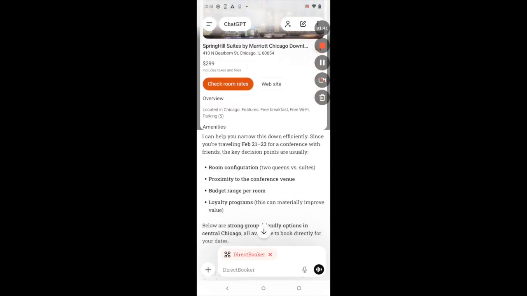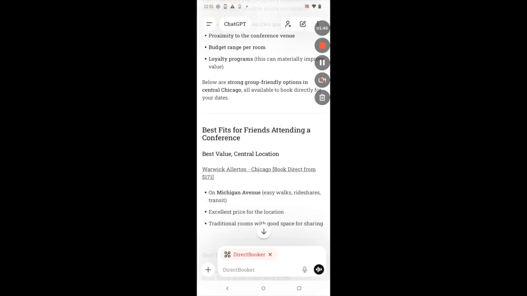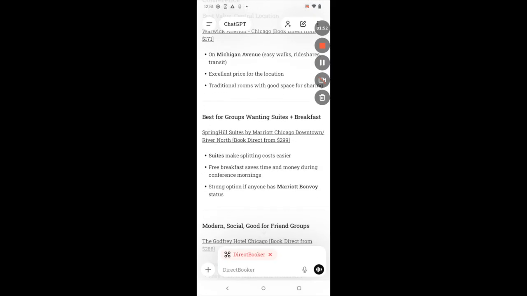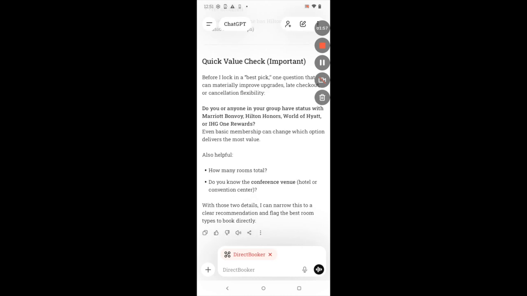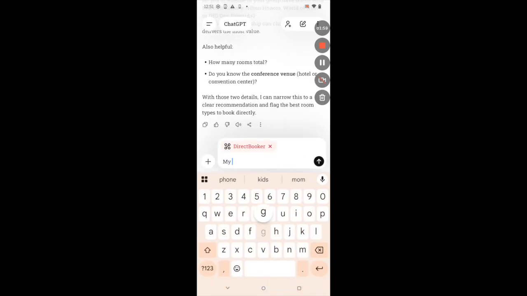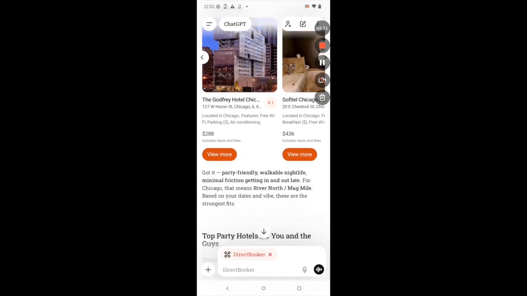So let's continue on here through figuring out what we want to do. There's a collection of really good advice that's been assembled here between ChatGPT and DirectBooker in terms of where to stay. And, let's narrow this down a little bit. Let's not worry about our status right now, but let's say my guys like to party. Great. DirectBooker has come back with a different set of hotels that reflect the fact that we like to party,